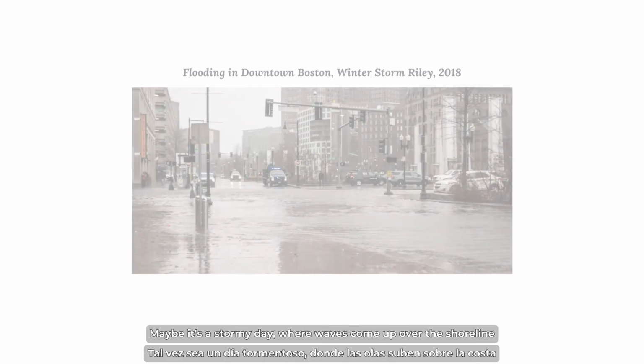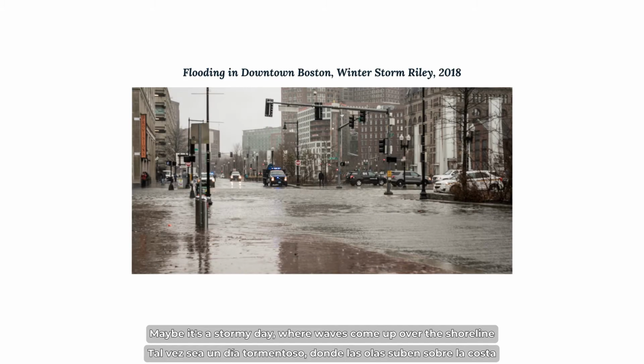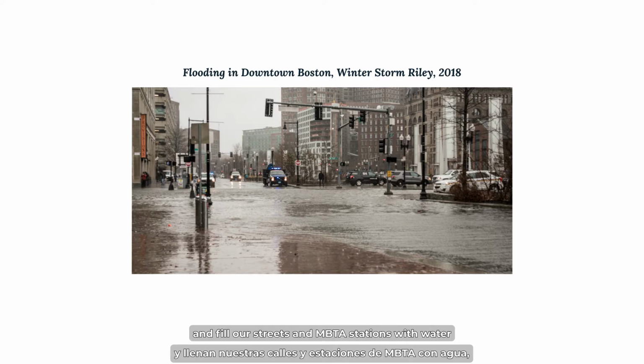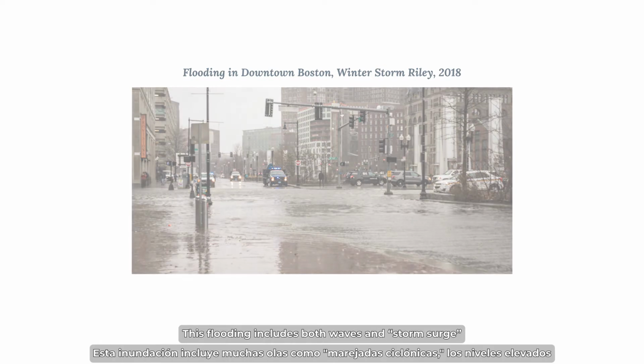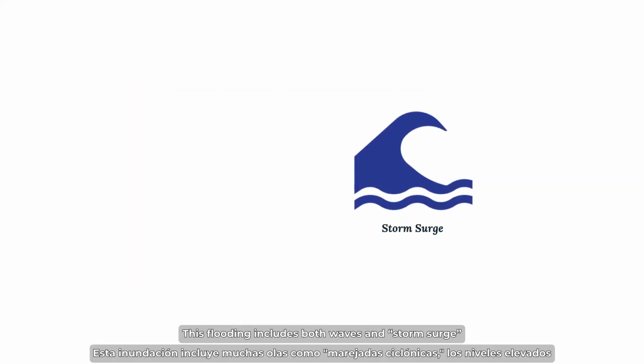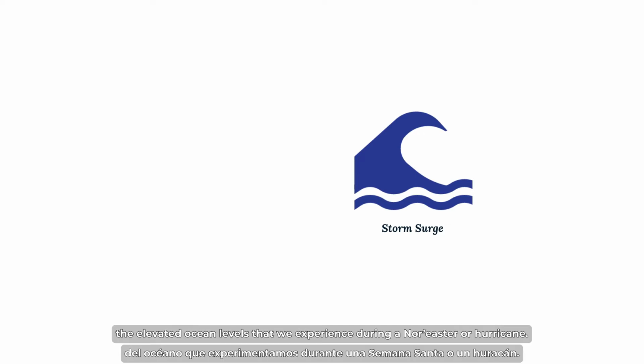When you picture coastal flooding, what comes to mind? Maybe it's a stormy day where waves come up over the shoreline and fill up our streets and T stations with water, much like what we saw during the winter storms of 2018. This flooding includes both waves and storm surge, the elevated ocean levels that we experience during a nor'easter or a